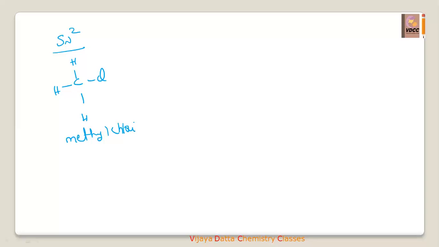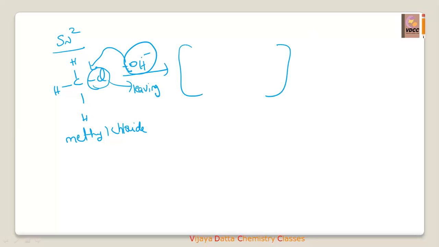Now I want to take nucleophilic substitution. I want to substitute one base, that is nothing but OH minus. So this OH minus should attack the carbon and this chlorine should be removed. That's why this is called the leaving group. Then what happens here exactly? See here. OH minus wants to attack the carbon, then a C-OH bond should form, the C-Cl bond should break, isn't it? That is, at a time bond forming and bond breaking should take place.